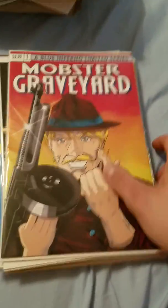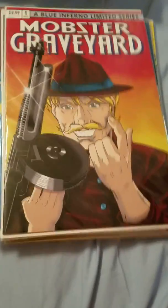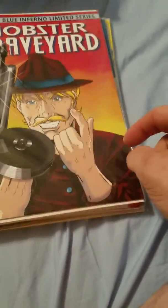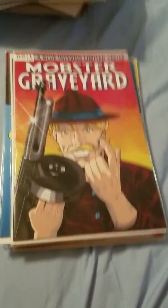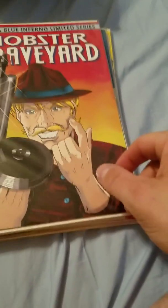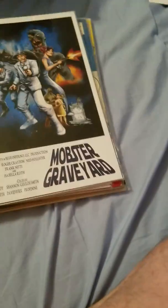I forget the name of the pressing company, but I think it's on the next one. Anyhow, they did these homage covers to Wolverine, that Wolverine #1, I think it is, where he's sitting there with the finger up in the air and the claws up or whatever. So this is Mobster Graveyard #1. This is a homage to a Star Wars poster